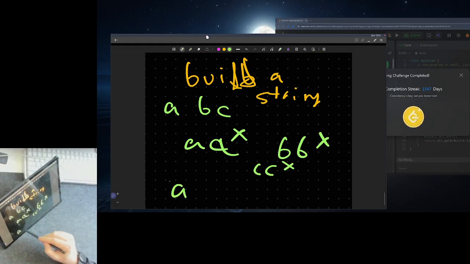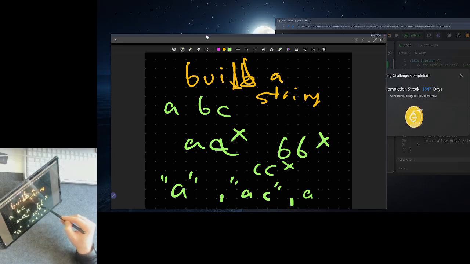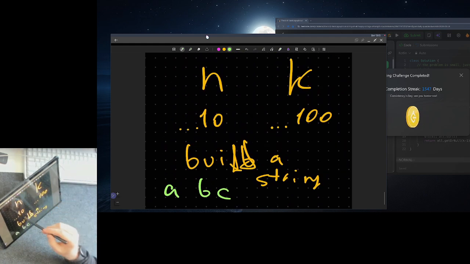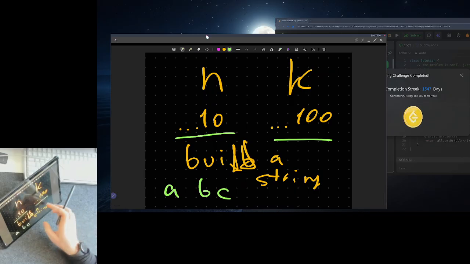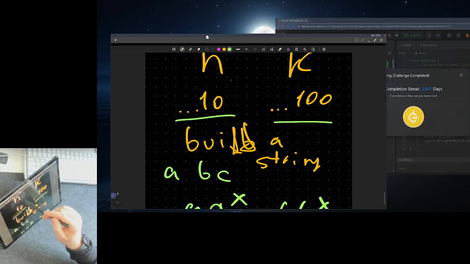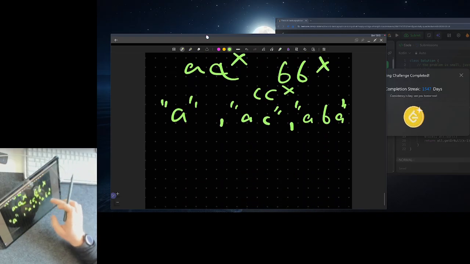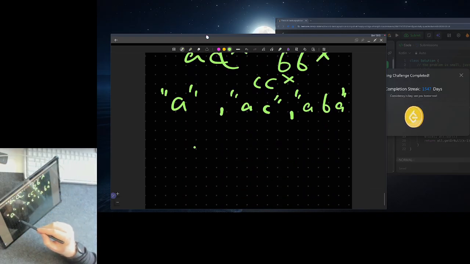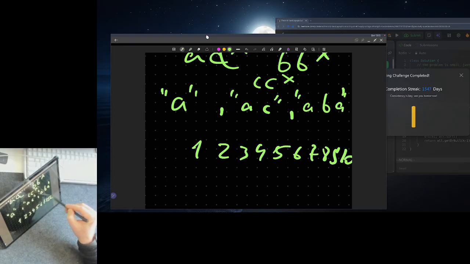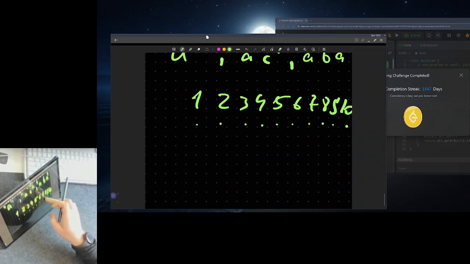And valid strings are like A, AC, ABA, and so on. Now, given this problem is small, the maximum length of the string is n, 10, so 10 characters, and we want to sort them